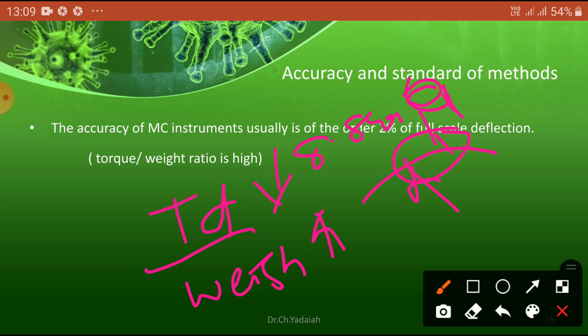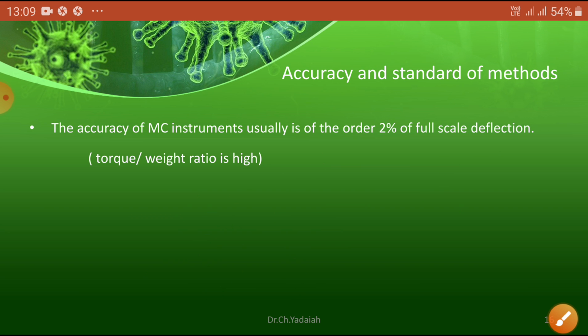So as far as possible, the weight of the instrument should be decreased. Then the torque to weight ratio is a minimum, and it will show us a good reading. Okay. Now, another aspect is the accuracy of moving